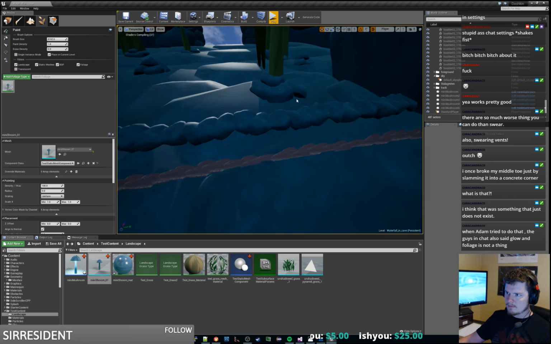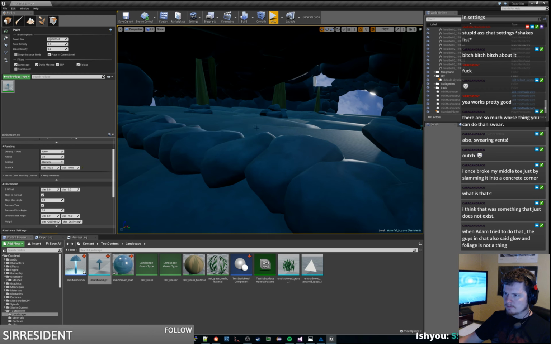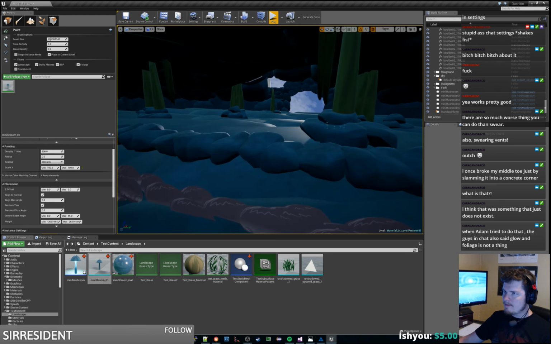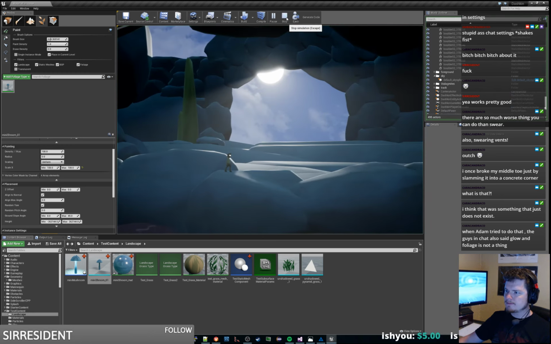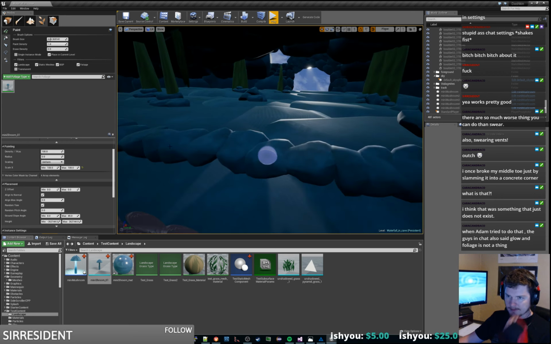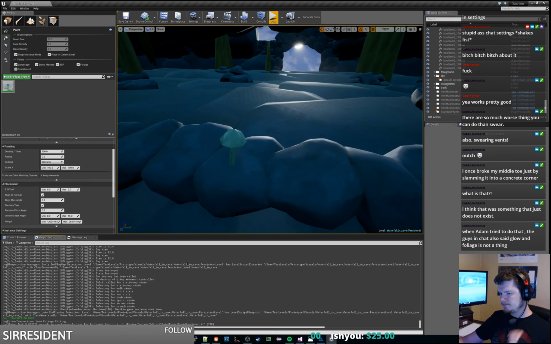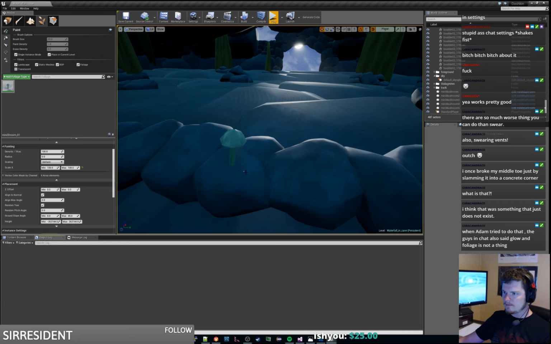Alright, so we want 100 and 100 for the scale. Alright, so let's just do single instance mode. So you can pop one out there. So if we hit play,